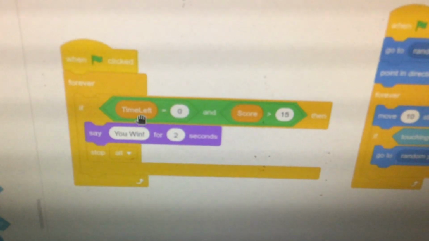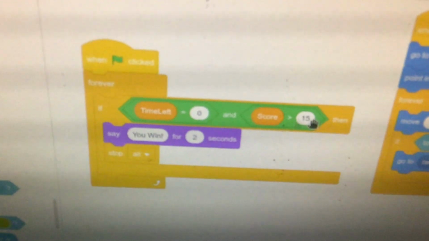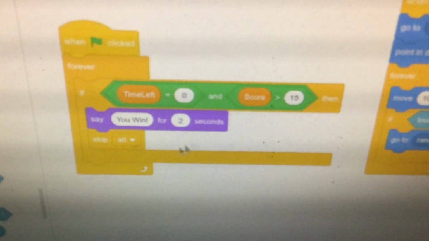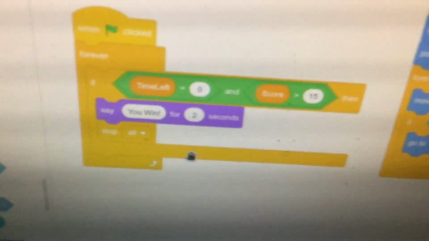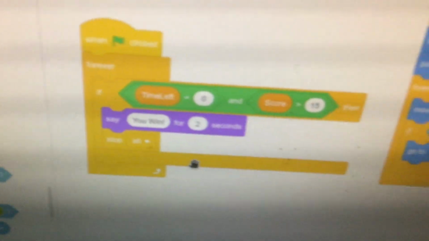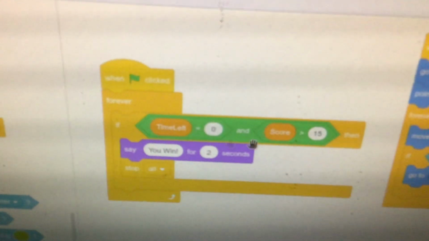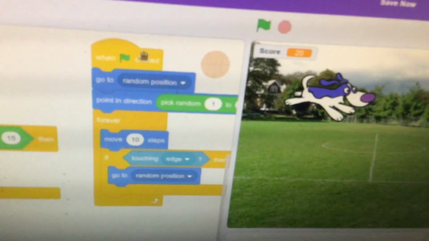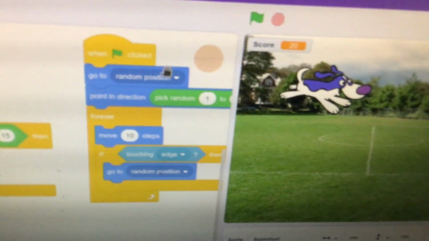And then yeah, so until time is 0 and score is greater than 15, if both these conditions are true, you win. I also wanted to do one for you lose, but I tried and it was super hard and I was not figuring it out, and it's 12 o'clock and I give up. So yeah, that's how it works. And after this is done, it just stops all the programs because random moving screens are kind of bad for my frame rate. And for the ball, once I start the program, it just goes to a randomized position, and